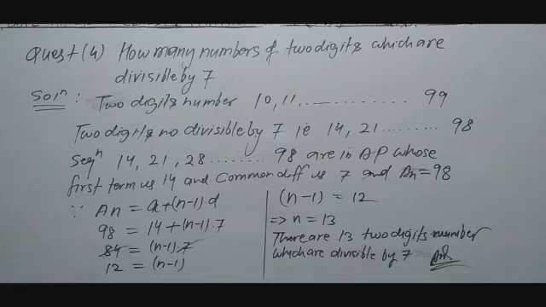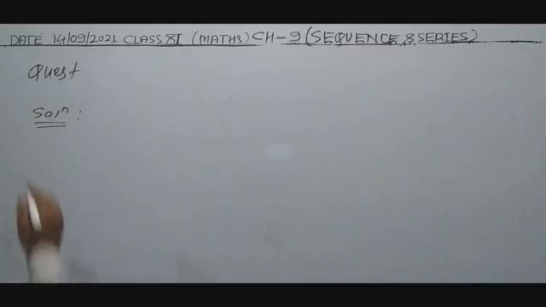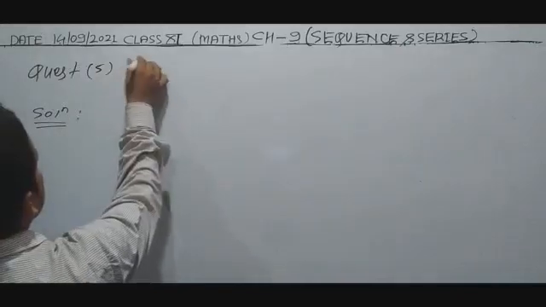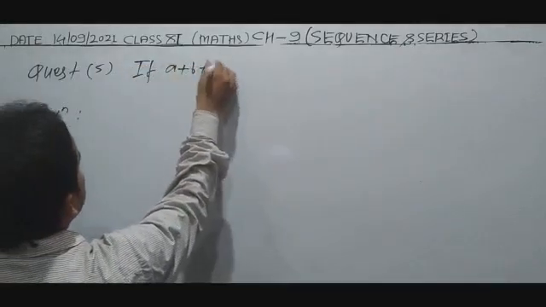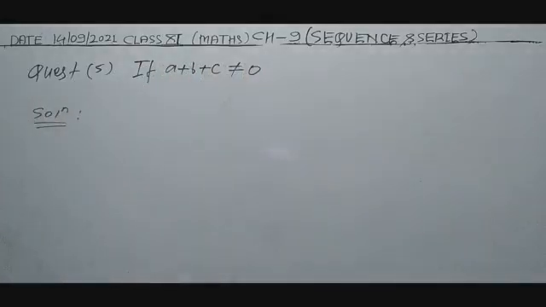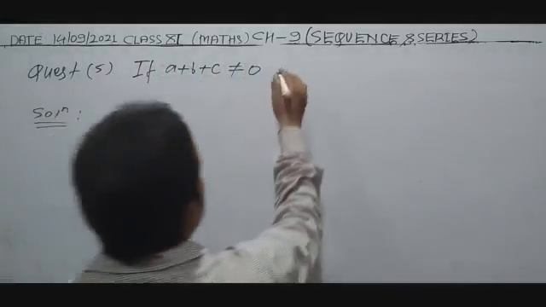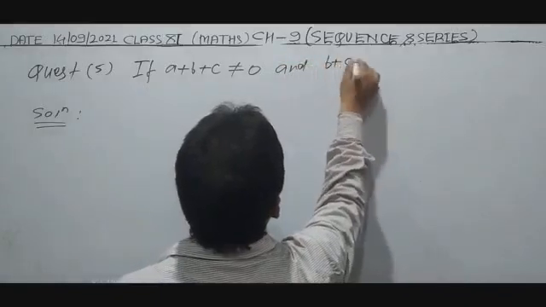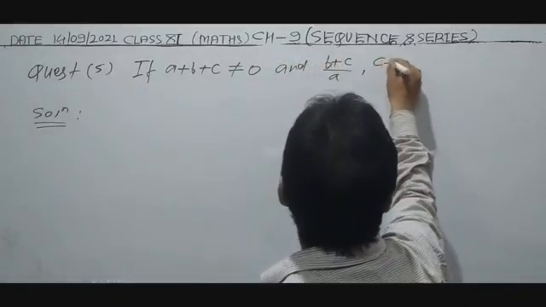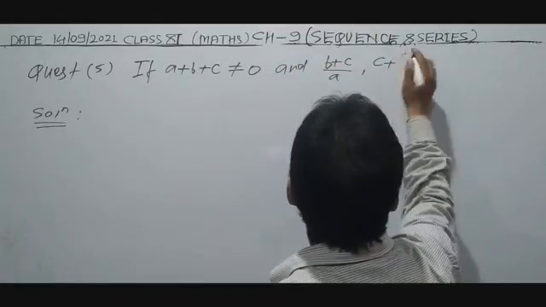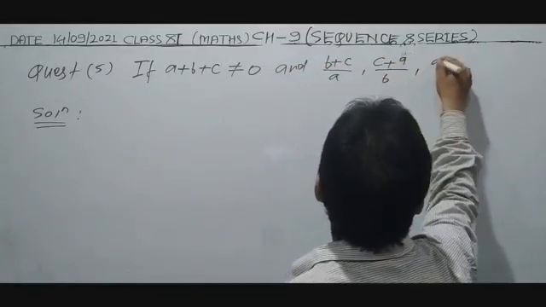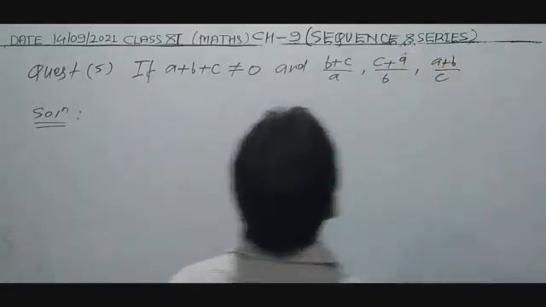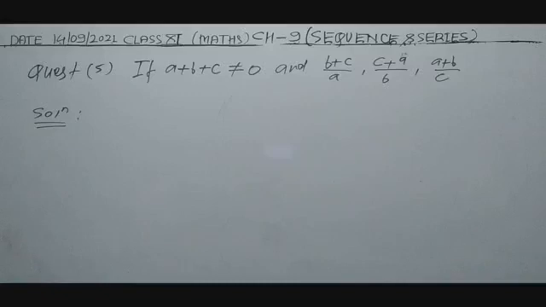Question number 5 is: if a plus b plus c is not equal to 0, and b plus c upon a, c plus a upon b, a plus b upon c are given to be in AP,